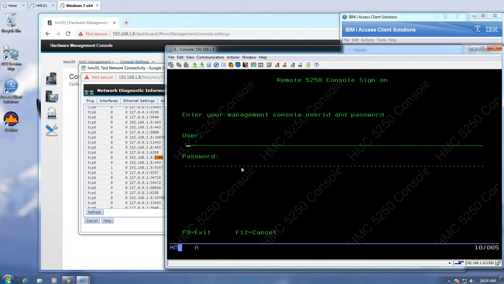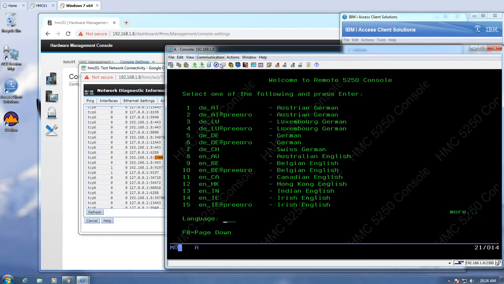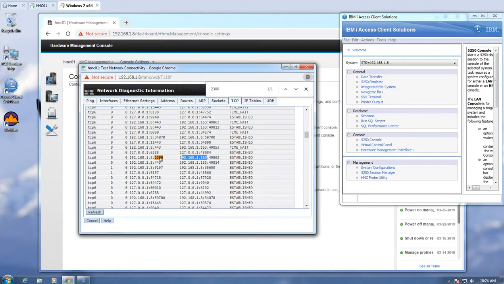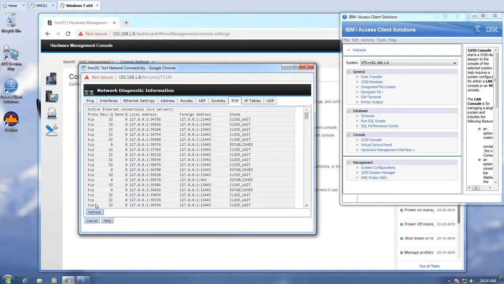What I'll do now is just log off and make sure that netstat goes away. Might have to give it a second or two, hit the refresh. Okay, so now it's gone. So I got 0 of 0. So that's gone. So now it would be safe to do the reboot. So we've checked for active console sessions, for logged in users, and for 5250 consoles, to which there are none right now. To do the actual reboot,